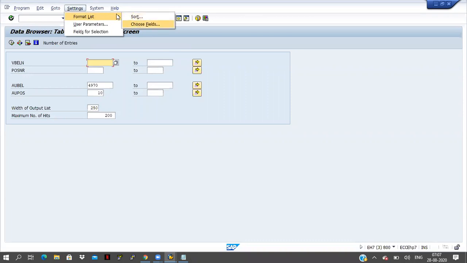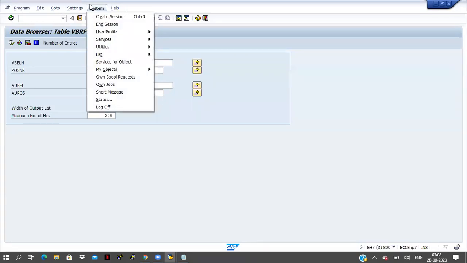Fields for selection is for input values; if you want to add any input value, we go for fields for selection. In the output it is displaying all the column information, but I want to display just 3-4 fields.